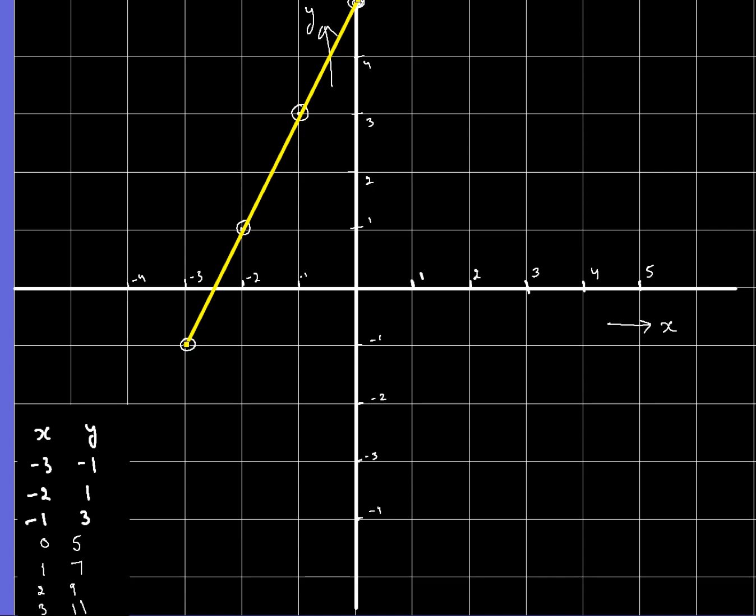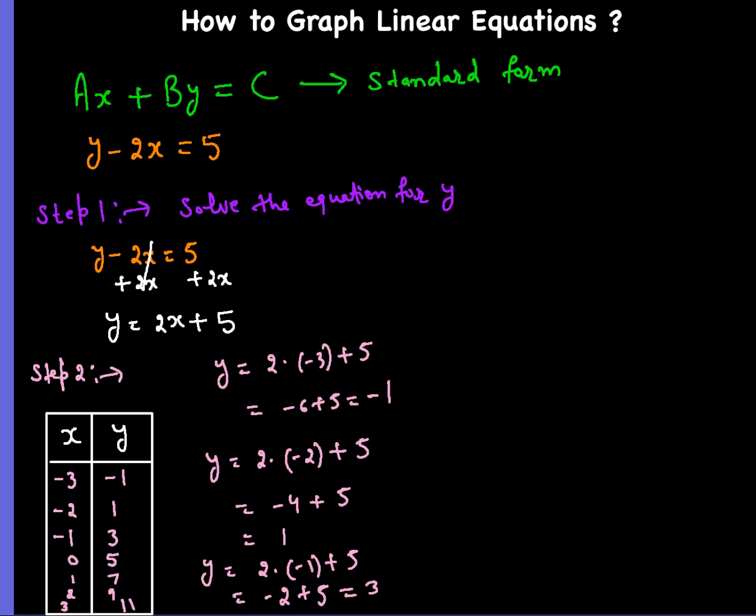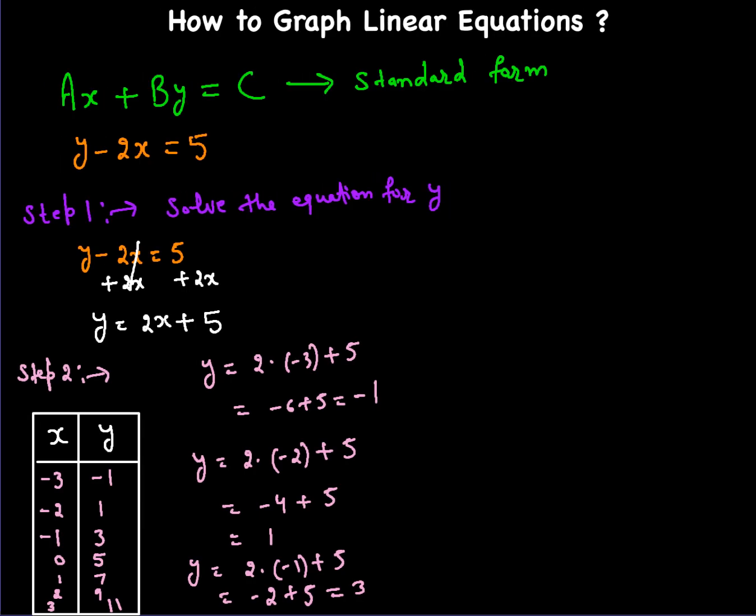All right, so I think this will help you guys. Just do a couple of examples and you'll be good to go. Okay, one more time. So we got an equation in the standard form, and first of all what we need to do, we need to solve the equation for y. Okay, so we're going to keep y on one hand side, and then we're going to plug in x values there, which are just random values. Let's say 1, 2, 3 or negative. So I do it in an order. See, negative 3, negative 2, negative 1, 0, 1, 2, 3,